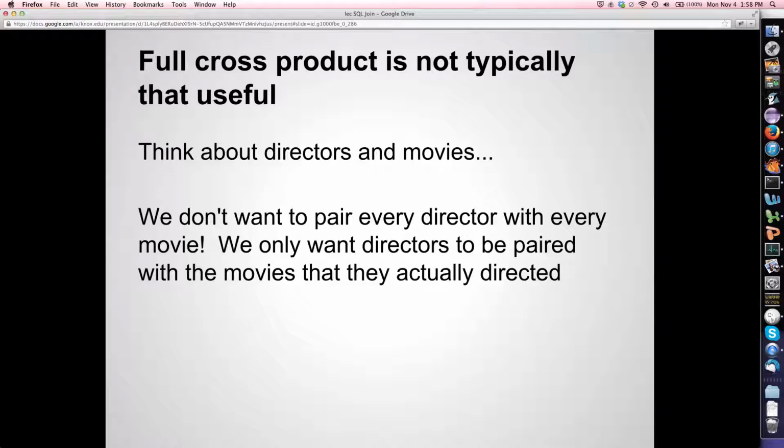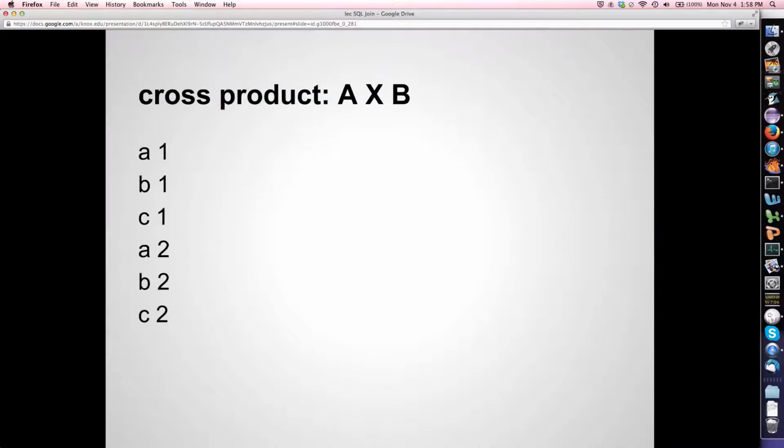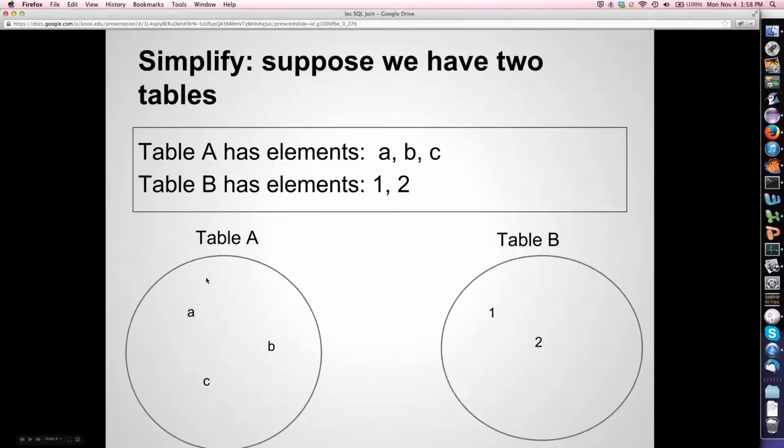We don't actually want to pair every director with every movie. We actually only want to pair directors with the movies that they directed. So in other words, for our example, if this is Avengers, and this is, what other movies do I know that have been directed? Star Wars, and this is Indiana Jones,